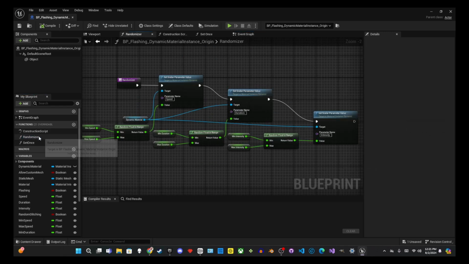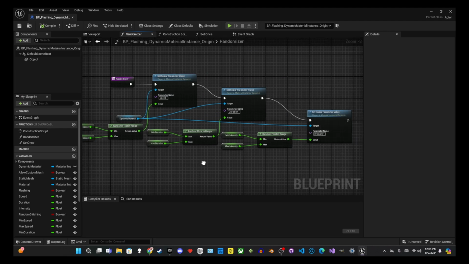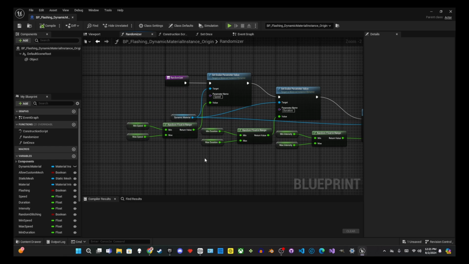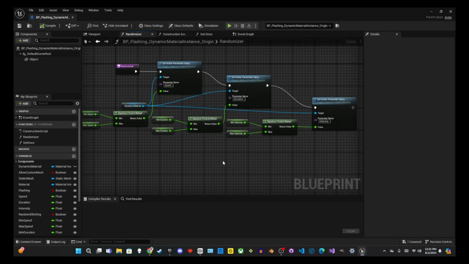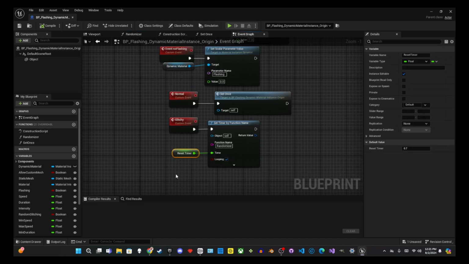And the randomizer function takes a minimum and a maximum of all of these values, and you can put them into new variables that create random floats. So it'll create some random glitching effects. And there's also a reset timer variable, so you can decide how often it'll change all of those randomizations, and